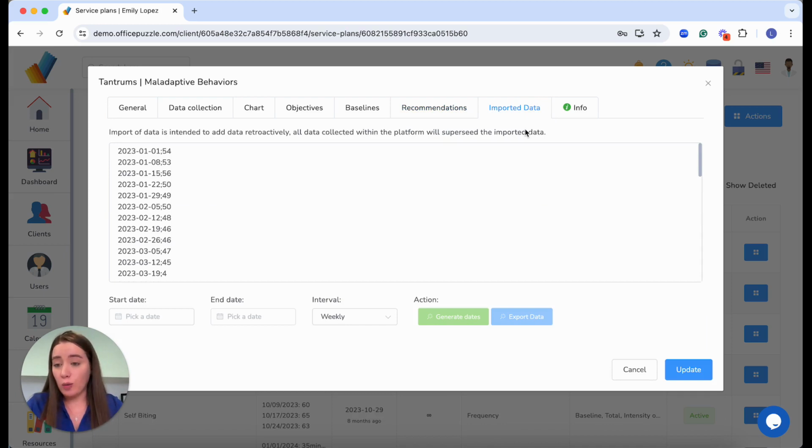Imported data. This is, again, optional. This is to import data that was not collected in Office Puzzle. So if you're coming from paper, Excel, or if you're coming from another platform, probably you already have data over there. So we offer this imported data form where you just copy the information. If you're on Excel, you can copy the column with the dates and the values. If you're coming from another platform, they usually export the data as well in an Excel format. So you copy those columns, you paste them here, and as long as I have a date and a value,